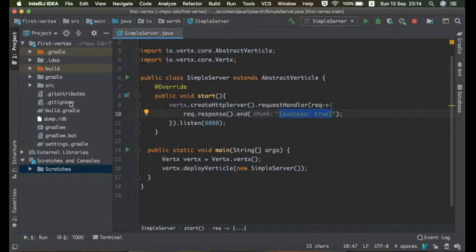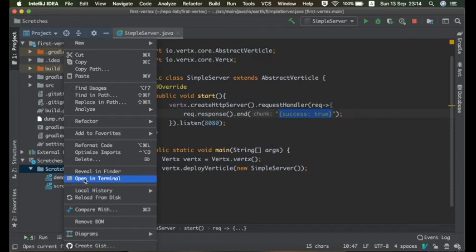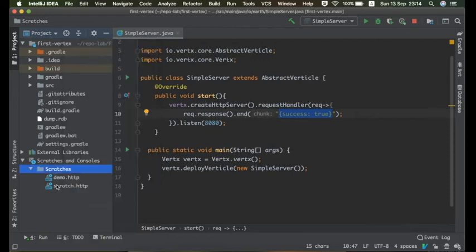After installing and enabling the plugin, you can create a file, maybe in the scratches or anywhere else you like. Right-click, and you need to select this HTTP request. The extension of the file will be demo.http. Here I have already created a file